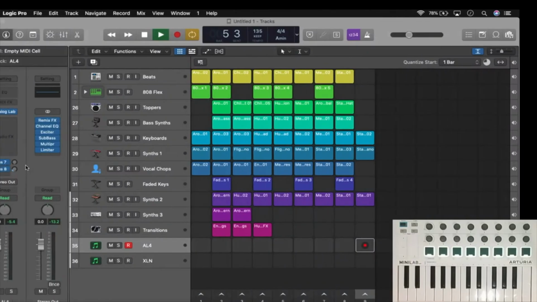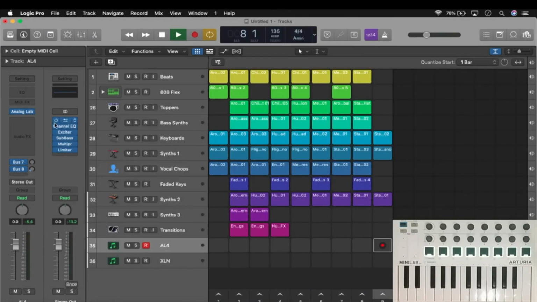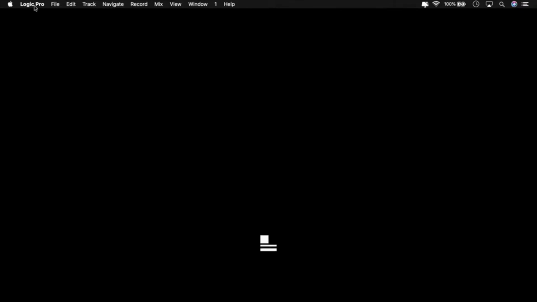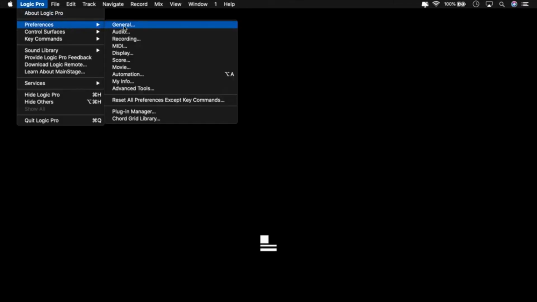So in this memory, if in Logic I open, say, Analog Lab, now these knobs will not work because we are on memory 5. But if I want Analog Lab to work, I will just switch over to Analog Lab and now these knobs will work. But before we start our MIDI mapping, in Logic Preferences, just do some tuning, which is